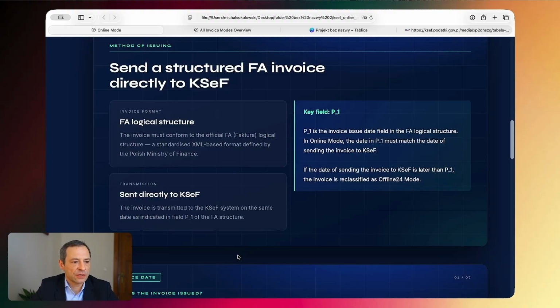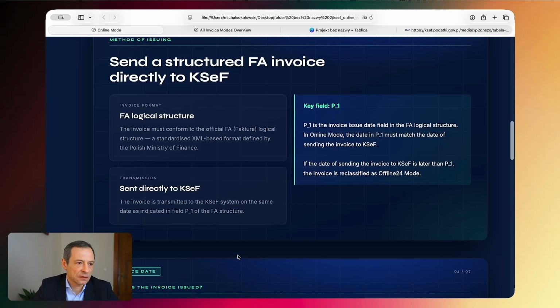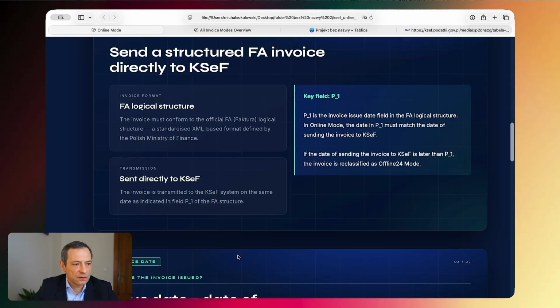Polish National Electronic Invoicing System as a standardized XML-based file, and of course the exact format and exact information that should be indicated in this file are defined by the Polish Ministry of Finance. Currently, the valid structure of this file is the so-called FA3 structure. Furthermore, the invoice is transmitted to the Polish National Electronic Invoicing System on the same day as indicated in field P1 of this